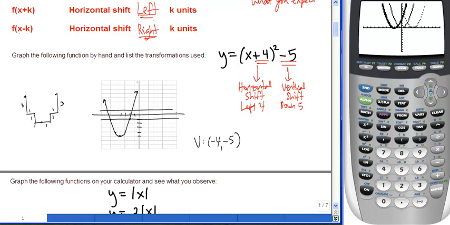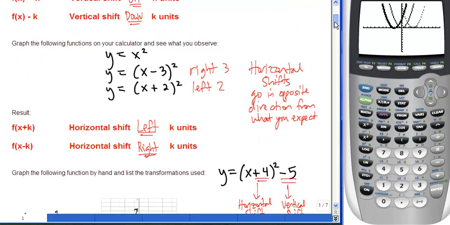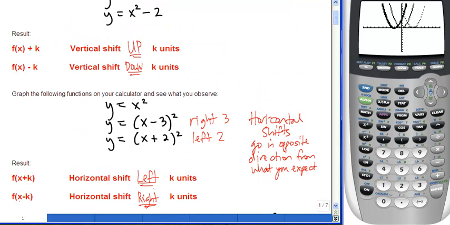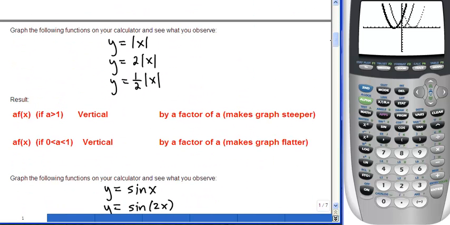Okay, so horizontal shifts are when the constant is inside the parentheses. Vertical shifts are when the constant is outside of the parentheses. Now let's take a look at some of the vertical and horizontal compressions and stretches, and these are kind of tricky. So we're going to take a look at an example